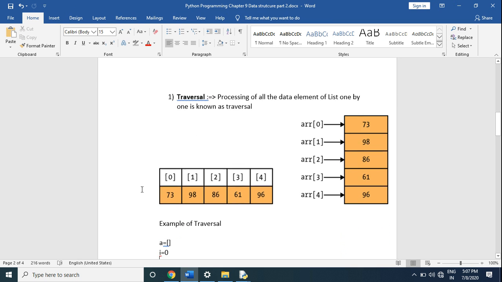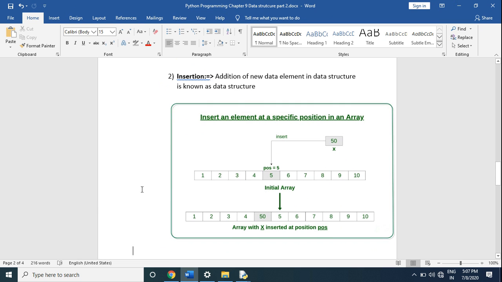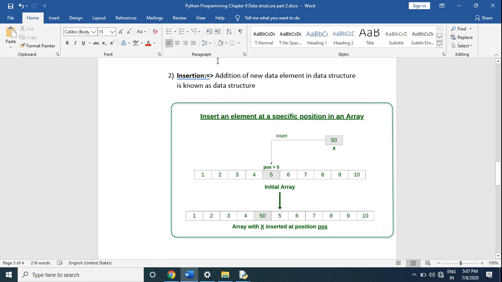Our second operation is insertion. Insertion, adding a new data element in a data structure, is known as insertion. In this example we have a list which has elements 1, 2, 3, 4, 5, 6, 7, 8, 9 and 10. Then we want to insert the element 50 at the 5th position.